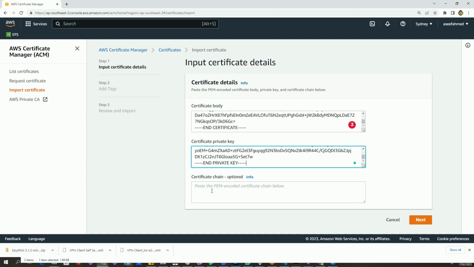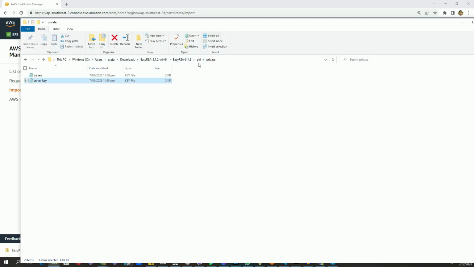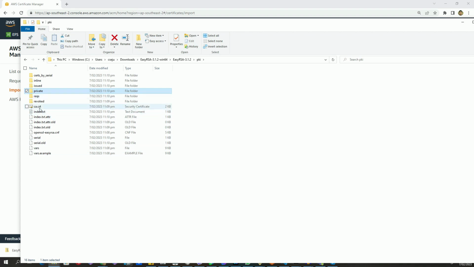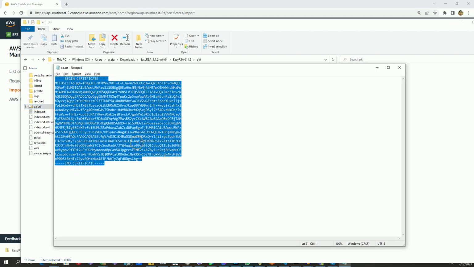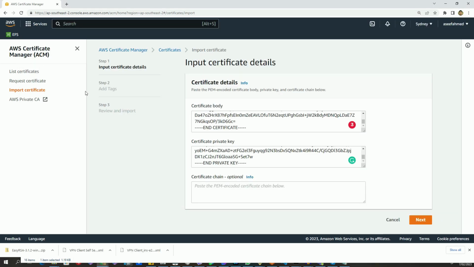And finally, we need the certificate chain, which we can get from the certificate authority, right? So let's go back to the PKI folder, and then you can see ca.crt. Let's open it in an editor, copy everything, and go back to our AWS management console and paste it in the certificate chain. All right, so that's all we need. And let's go to next,